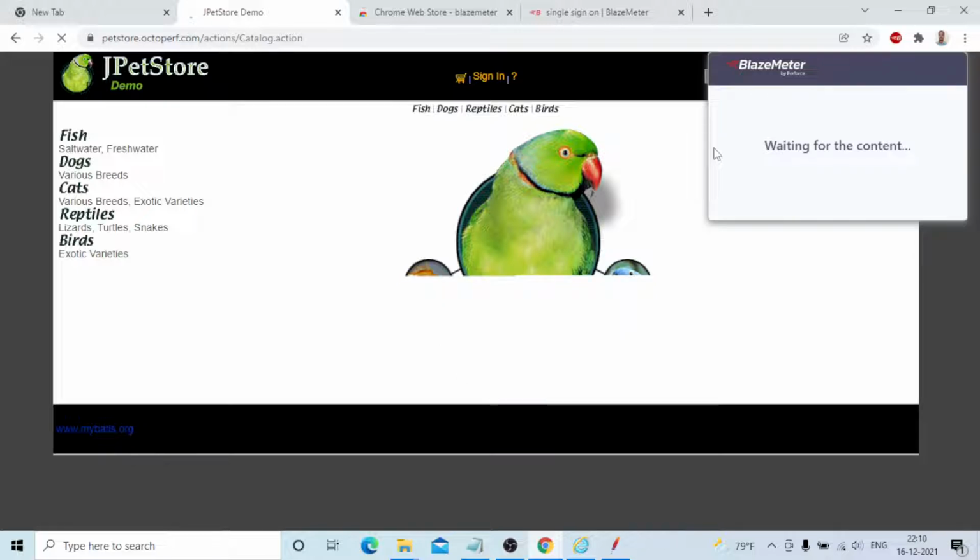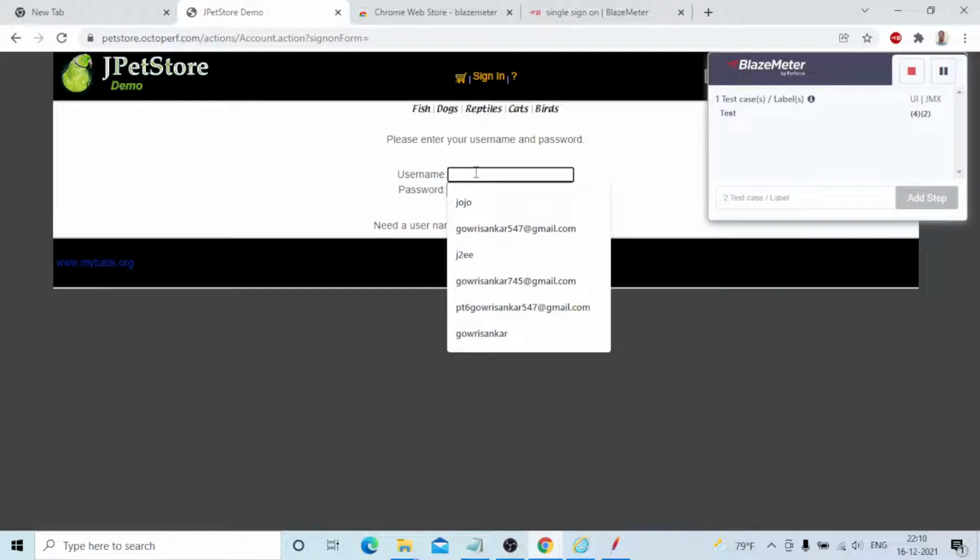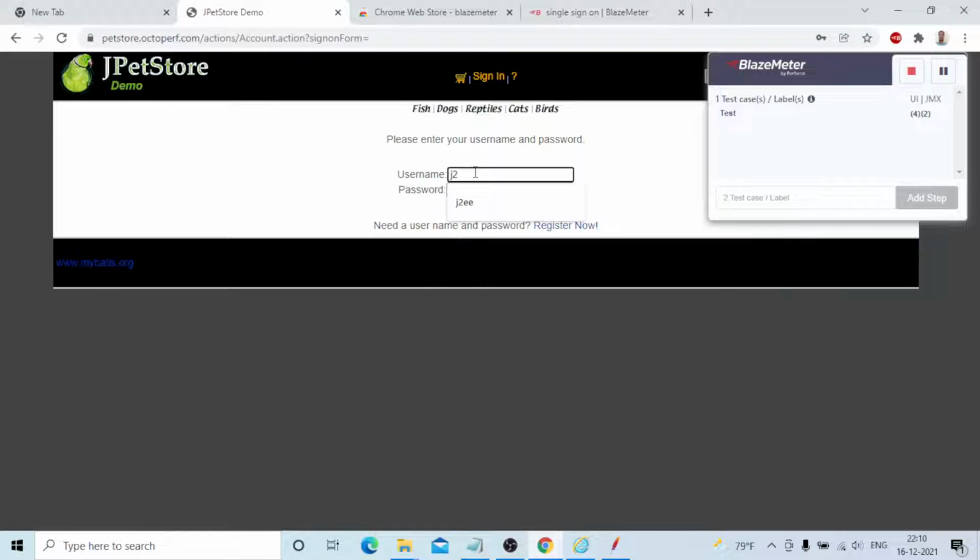Once you hit the URL, the request is captured automatically. After that you need to sign in. JPetStore's default password is J2EE. That is the default password. After that you need to log in.